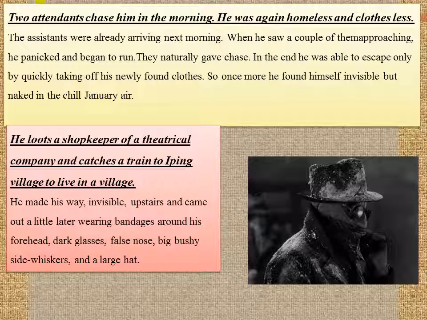This time he decided to try the clothing of the theatrical world, as he knew that he would surely find something there to cover his face with. He quickly reached Drury Lane, the center of the theatrical world, as he was shivering with cold. He found a shop according to his needs and entered it. He came out wearing bandages around his forehead, a false nose, side whiskers, and a hat. As he did not have any money, he attacked a shopkeeper and robbed him of all his money.